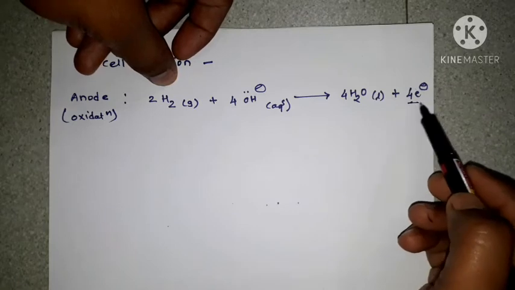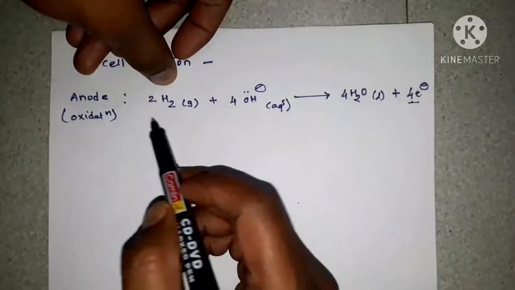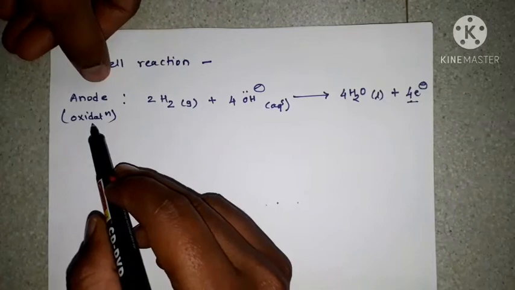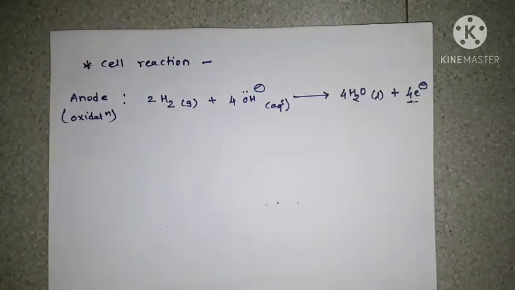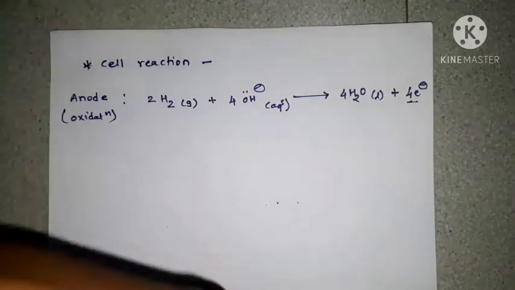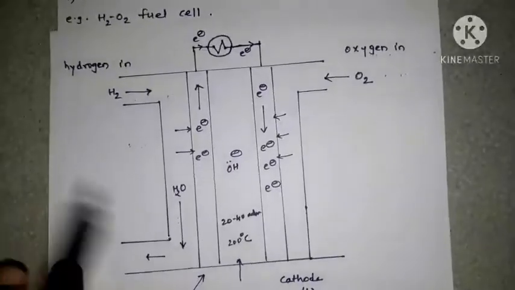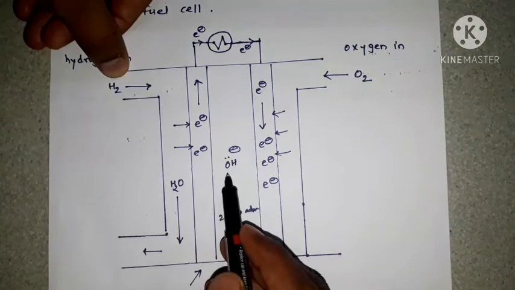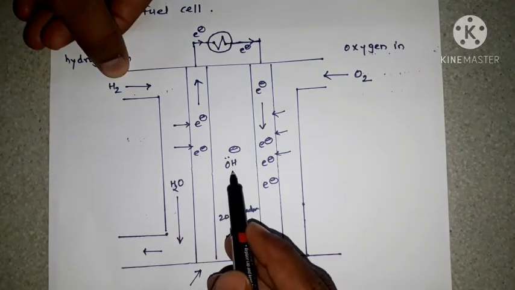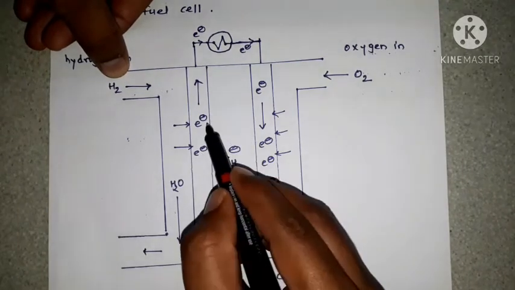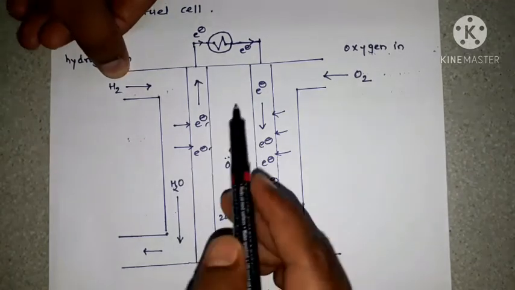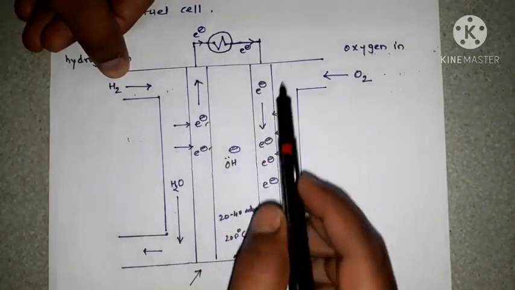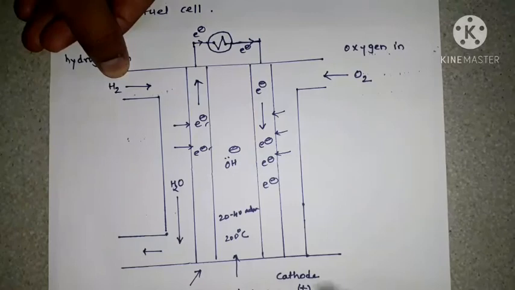Here 4 electrons get lost in oxidation at the anode. These 4 electrons, that means in the diagram when hydrogen gas is oxidized by using hydroxyl ion, then these electrons get generated and pass toward the cathode